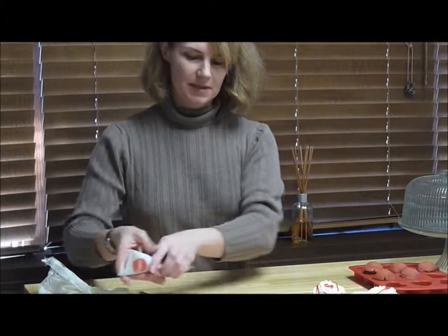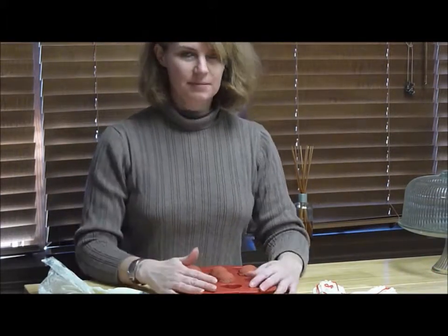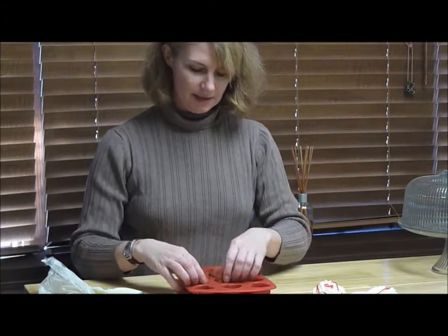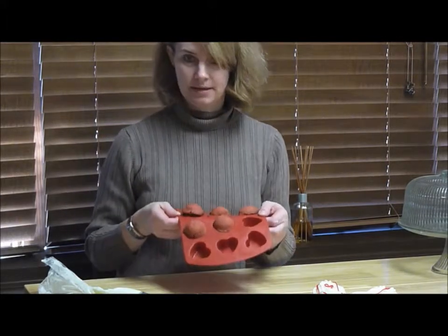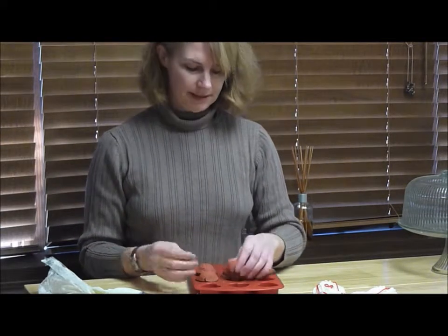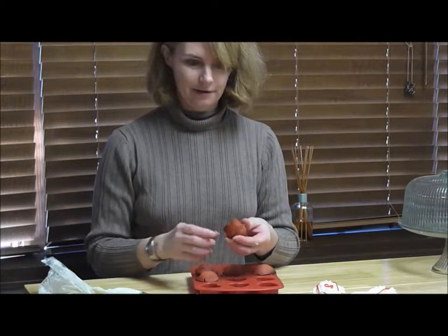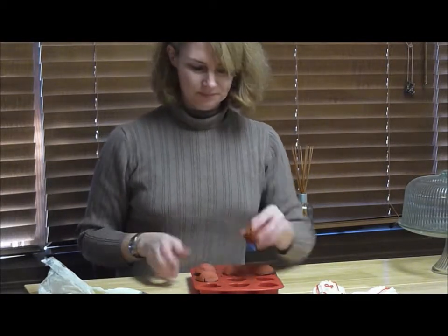So now, as I was mentioning earlier, sometimes we have these silicone pans or bake pans that have these fun shapes, like this one has hearts. And you overfill, and you get this little bump like this, little bump on there. So what do I do? I'm like, oh, they don't look like hearts anymore. What you do